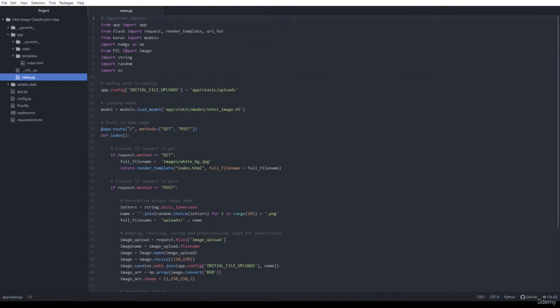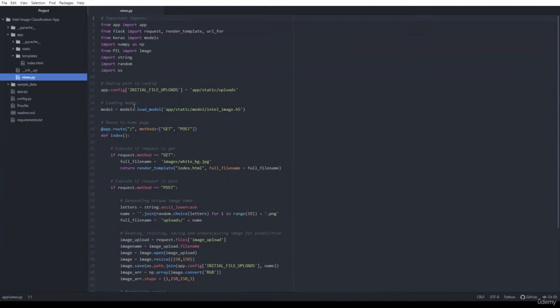We are using NumPy for mathematical computation. We are using the Image function from PIL, which is used for opening the images, and similarly some other libraries also. After that, we will add the path to config. So here you can see that app.config UPLOAD_FOLDER will set the path to app static uploads.